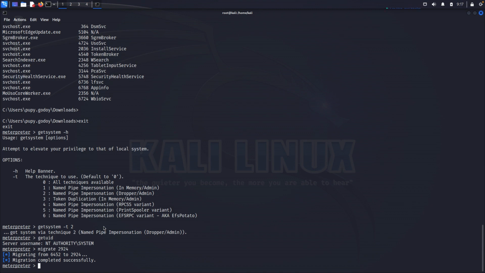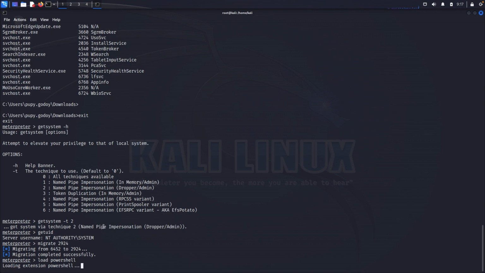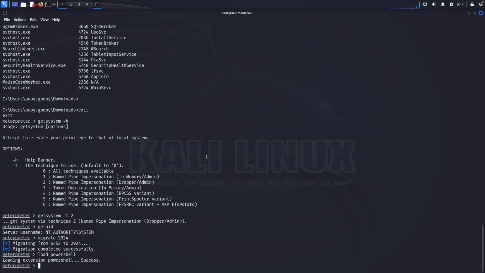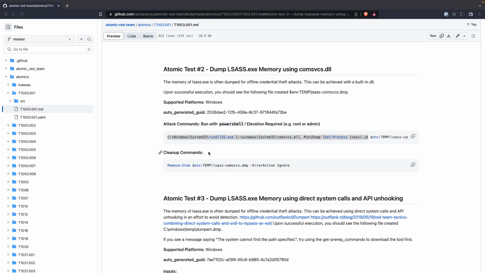And we will load the PowerShell module for Metasploit. So we'll do load powershell and click enter. Okay, so while this is loading, the commands that we will use are inspired by the Atomic